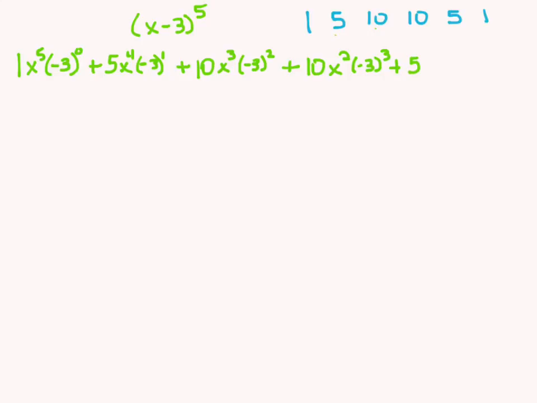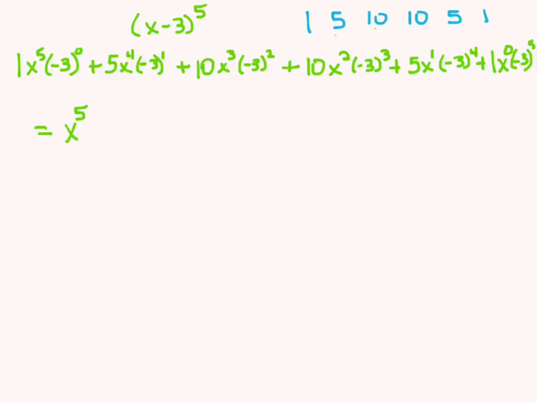Next coefficient is 5. x goes down to a power of 1. Negative 3 goes up to 4. And finally, 1x to the 0, negative 3 to the 5th. All right, let's go back and see if we can simplify this and get our polynomial. This would be equal to, first term, negative 3 to the 0 is just 1, and so we have x